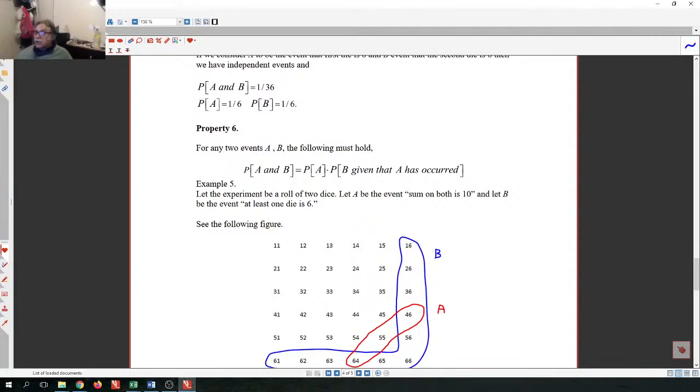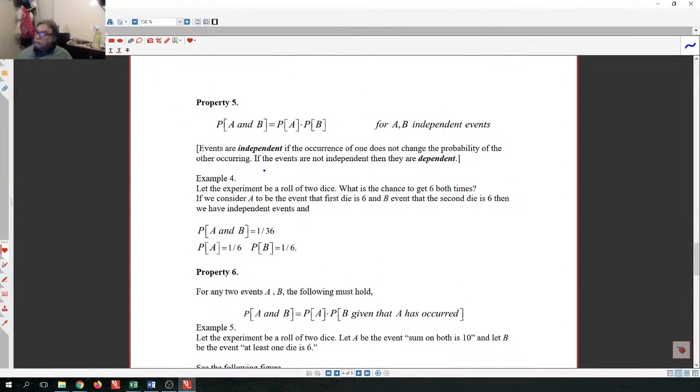Okay? Because I could have used property number 5, but I couldn't really, because property number 5 talks about two events that are independent. Property number 6 is more general. It talks about two events that could be dependent and could be independent. In the main lecture, property number 5 follows from property number 6. So property number 6 is more general. So if you're not sure whether events are independent or dependent, then you use property number 6